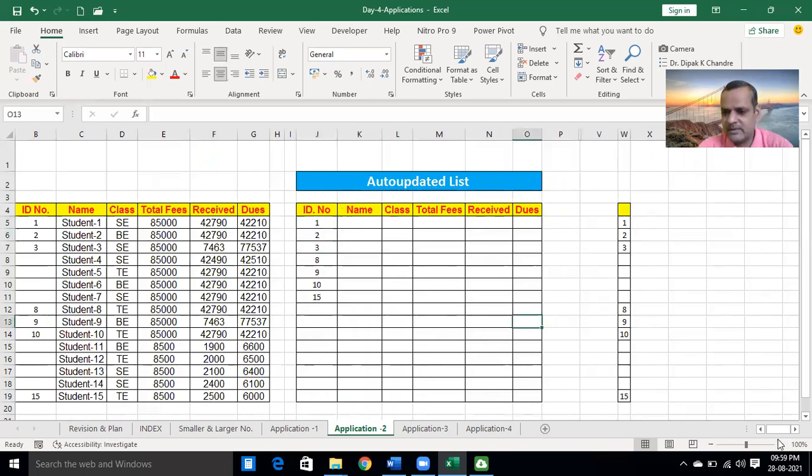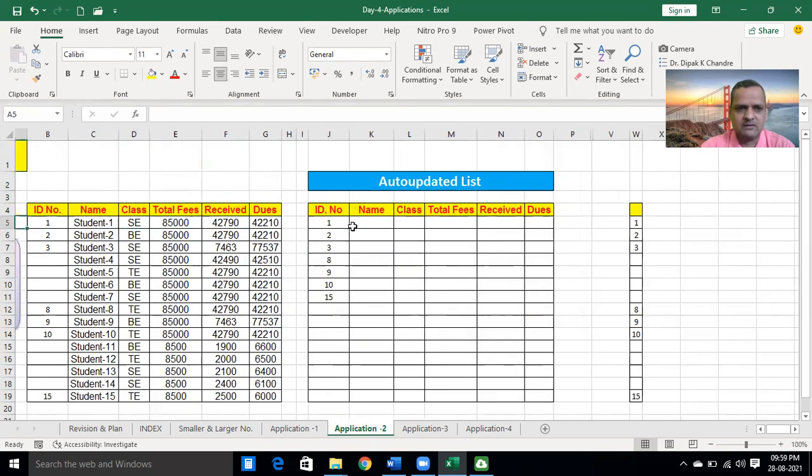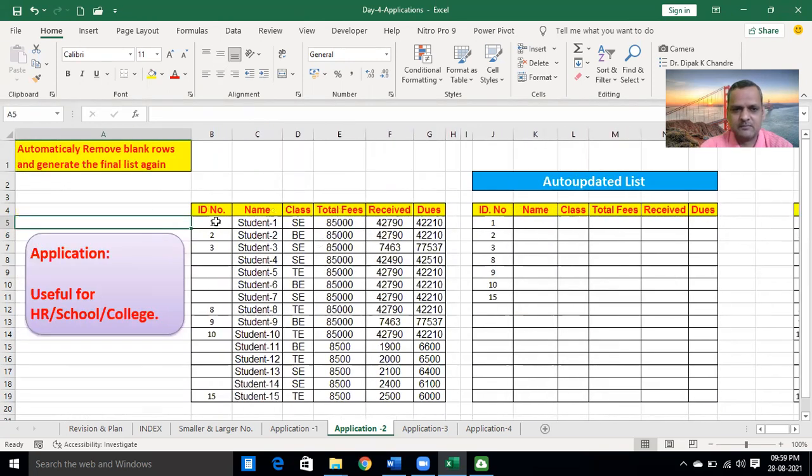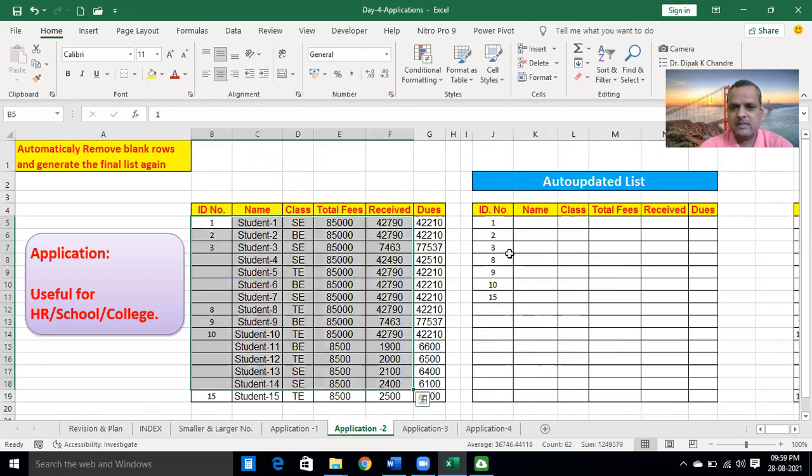Now our row number is coming, and we need to extract the remaining name, class, total fee, etc. from this table. How is it possible? By using the INDEX function. Place the cursor in the K5 cell and apply the INDEX formula.